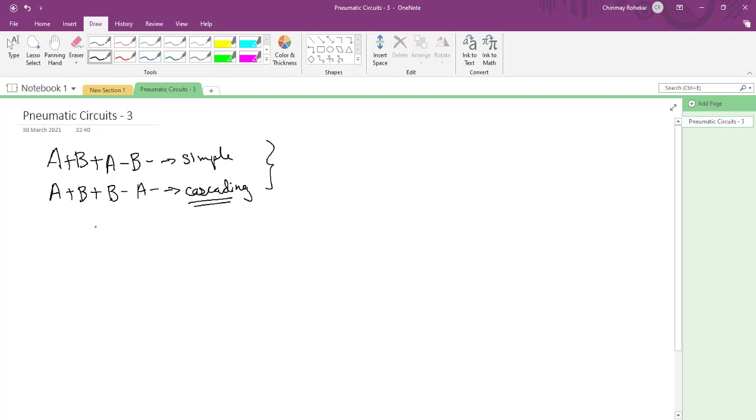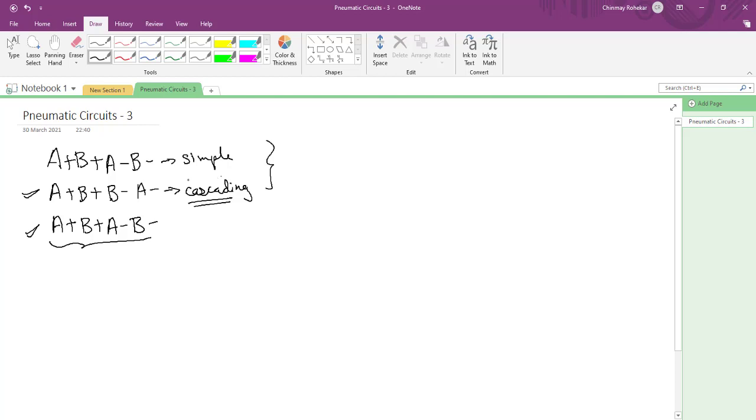Today, initially in the first part, I am going to draw the cascading circuit for A plus, B plus, A minus, B minus. After drawing the cascading circuit for this, we will have completed our pure pneumatic circuits. Okay, so in the exam, they can ask you to draw the pure pneumatic circuit for either of these two motions, either the first motion or the second motion. But generally in exam, pure pneumatic circuits aren't asked so much, but still it is in the syllabus, so I have to teach you, so I am covering this.